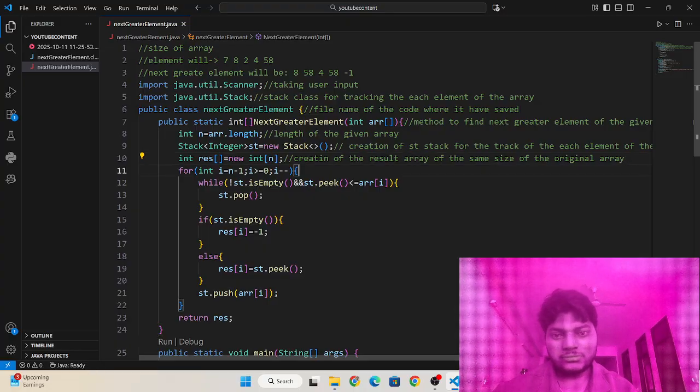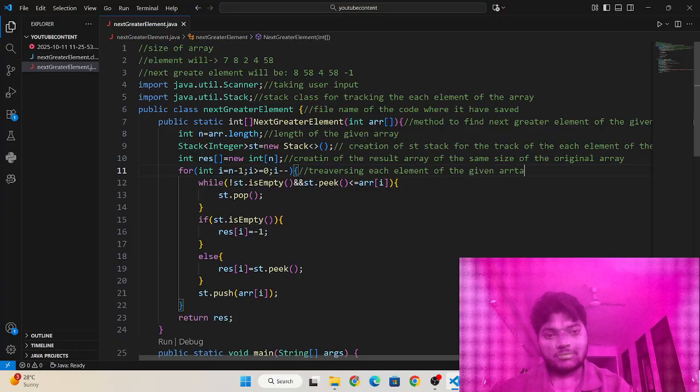And here I have written traversing each element of the given array from last to first.